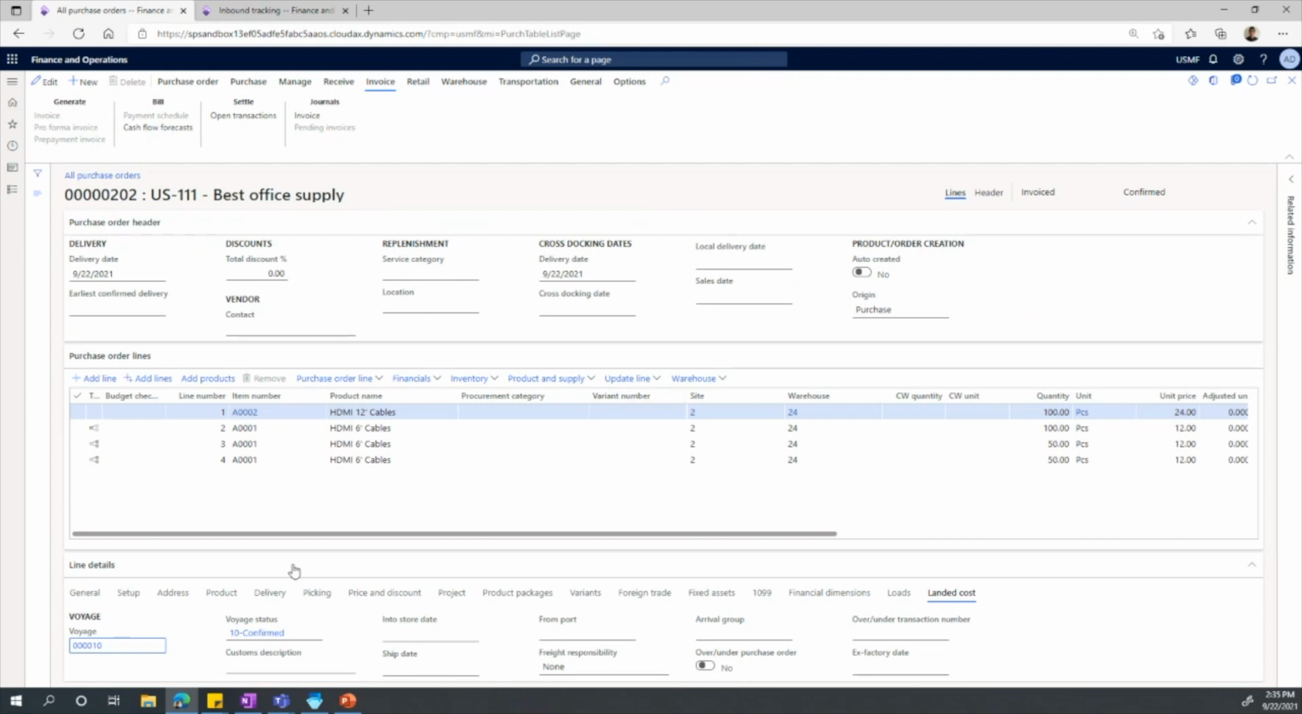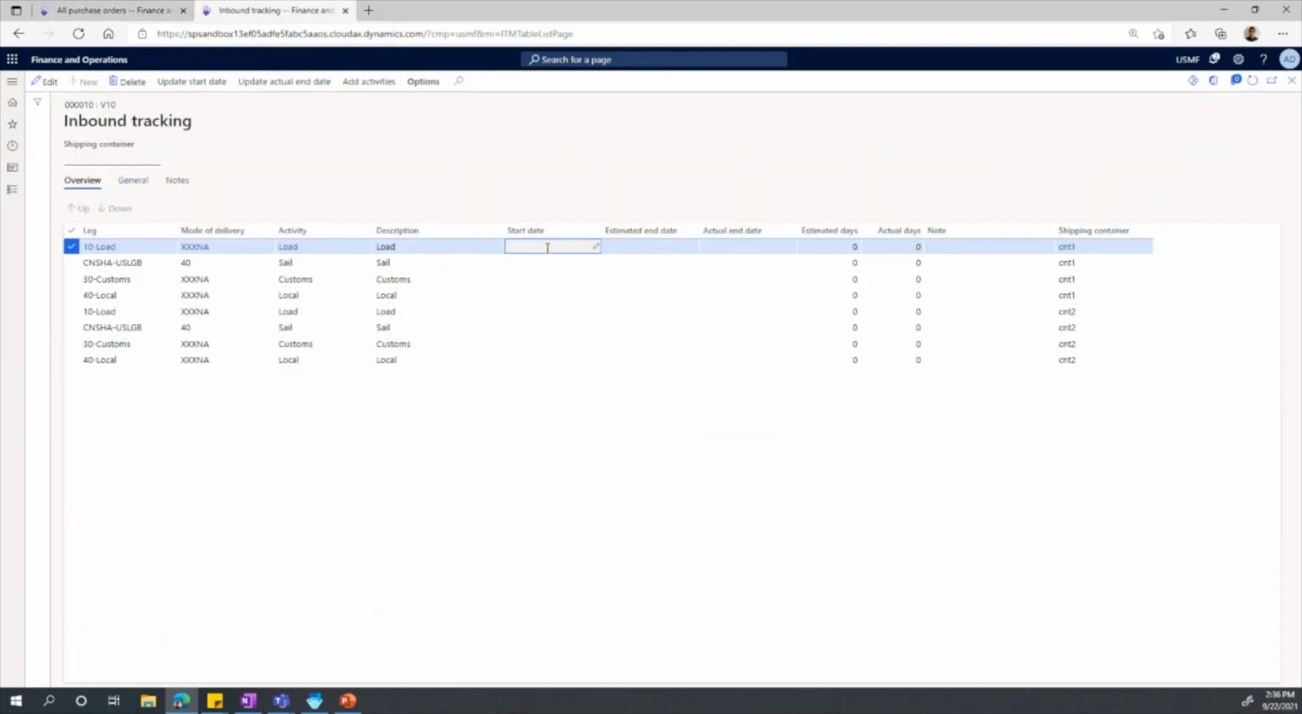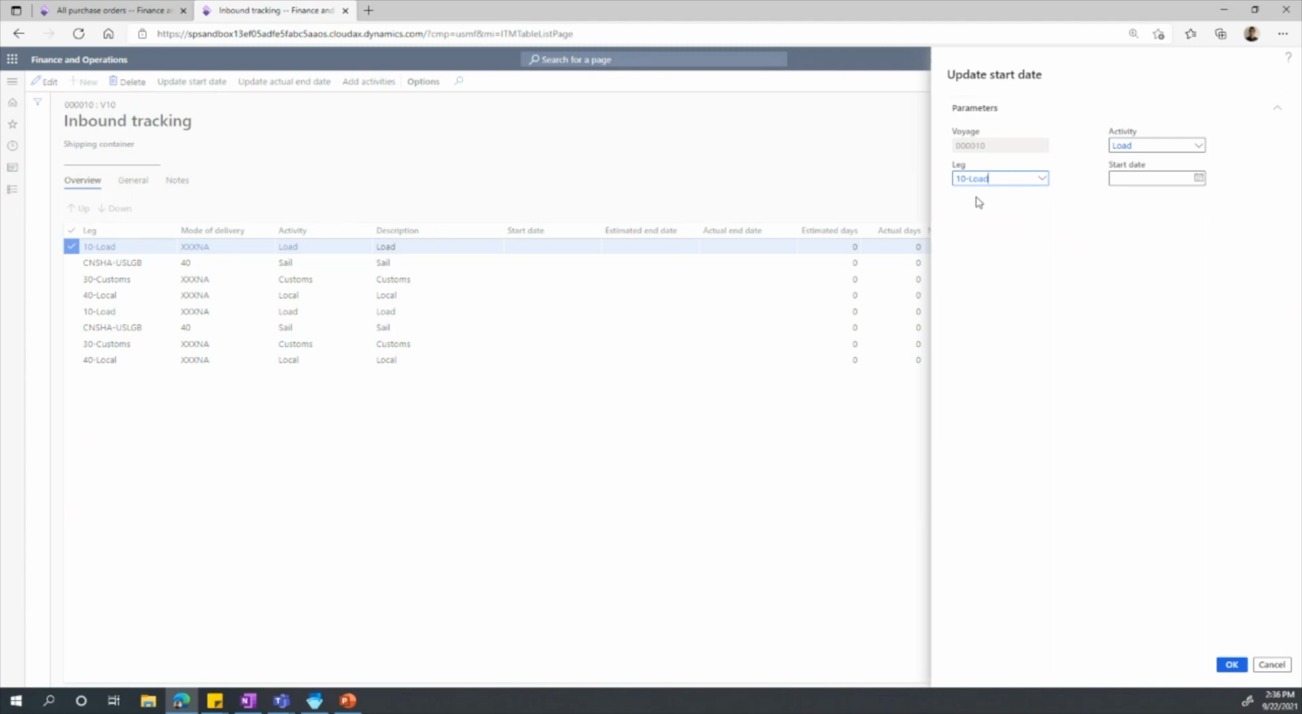So going back to the purchase order, here we can see the delivery date is defined, but the confirmed delivery date at this point is blank. Let's go back to our voyage and let's start the loading process as it has been confirmed by our vendor. So click on update start date. Automatically the leg and the activity get loaded. We put in the date, let's say 9/23,